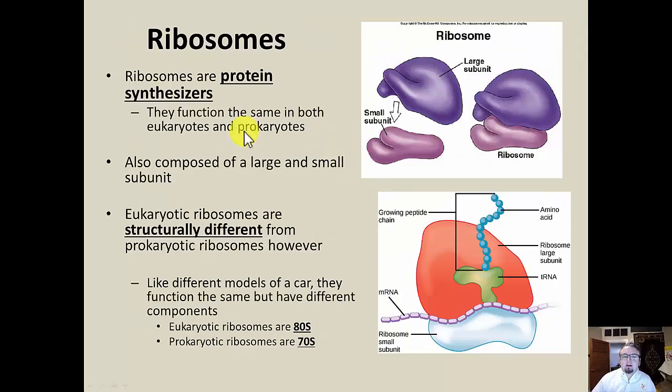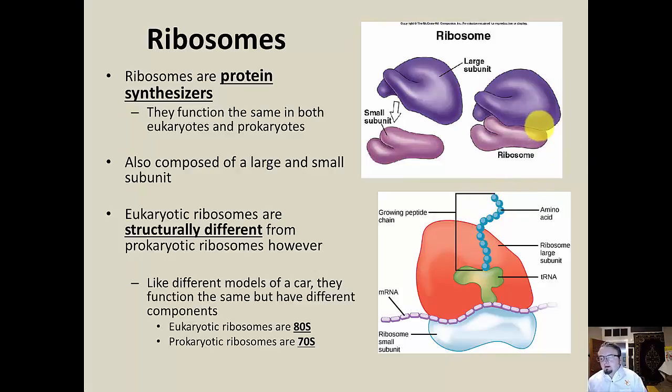Ribosomes we mentioned in chapter 4. Talk about those again here. Remember, those are similar features in both types of cells. Ribosomes, protein synthesizers, we've already talked about that. This shows you a better figure of the structure. Ribosomes are actually made up of two specific units. One's called a large subunit, the other's called a small. And they actually function when the two come together and almost sandwich together, kind of like hamburger buns. I always think of the ribosome as kind of like a hamburger bun.